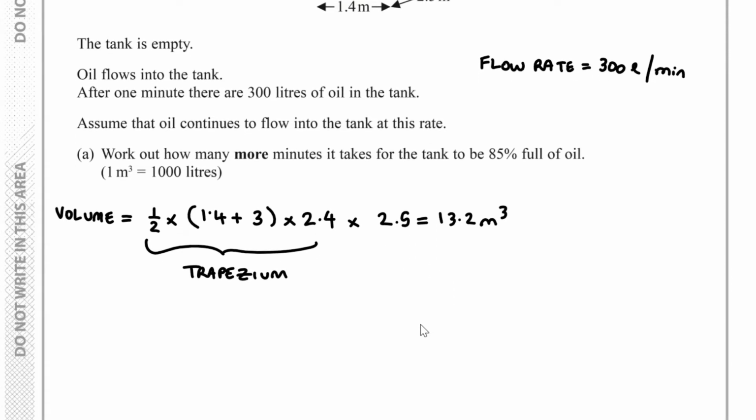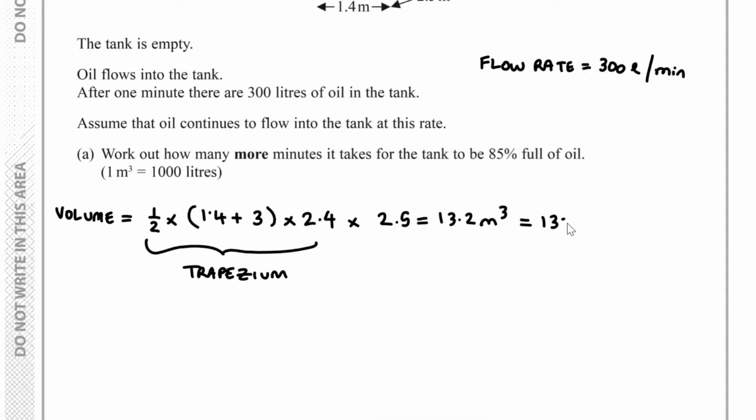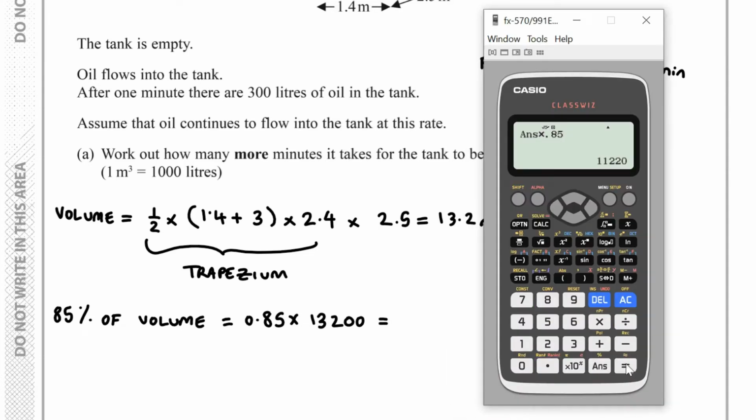So therefore, if we know that 1 meters cubed is equal to 1,000 liters, if I multiply 13.2 by 1,000, we get 13200. So we have 13200 liters for the volume of the tank. Now, 85% of the volume, this is equal to 0.85 multiplied by 13200. So if I multiply this by 0.85, we get